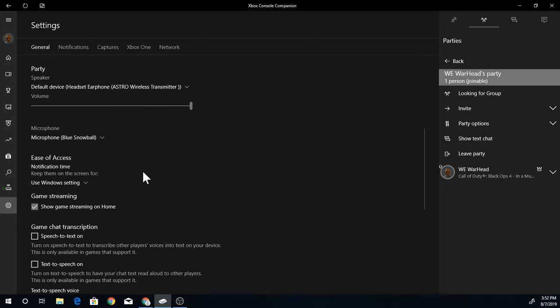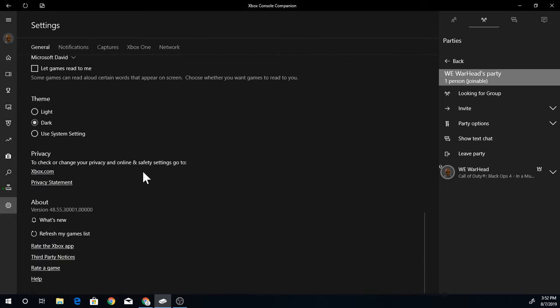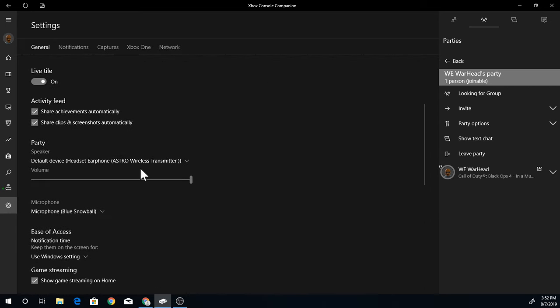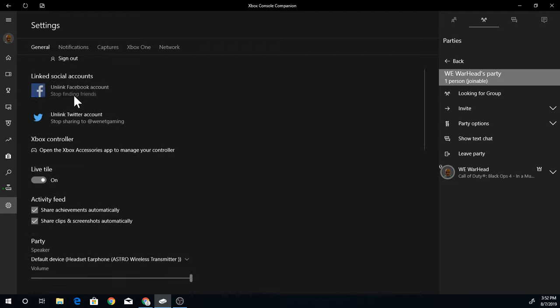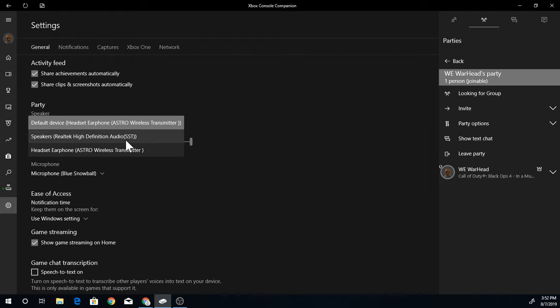Settings bar. The thing you want to do is make sure that you have your mic and your output speakers set up properly. And let me see where they're at. Okay, here we go. And you go down to the party part. You scroll and it starts off with your account. You're going to scroll down to where it says party, and you're going to see default device, headset from Astro wireless transmitter. I've changed mine from Realtek speakers